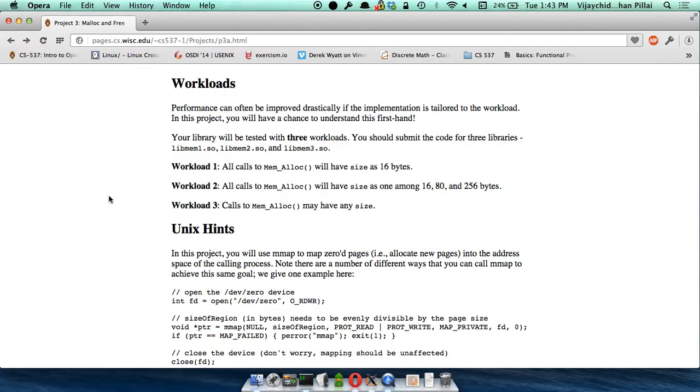That's a workload that's hard to optimize for. But the other two, if you think about it, you should be able to optimize to a large extent, because we're telling you exactly what you will get. For example, in the first workload, you don't have to handle cases where the object is really huge. It's only going to be 16 bytes. So write your code keeping that in mind.